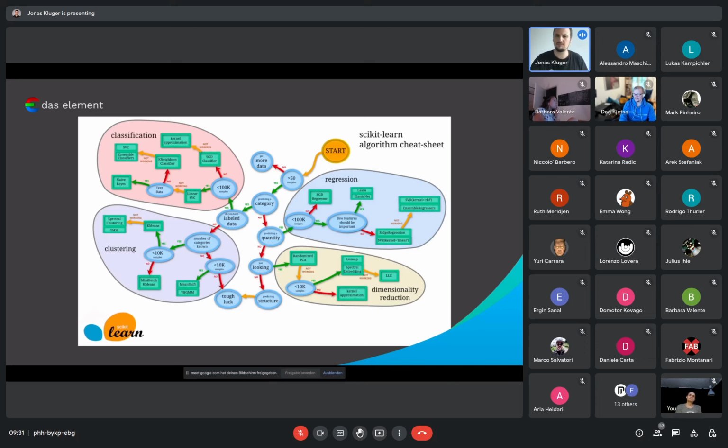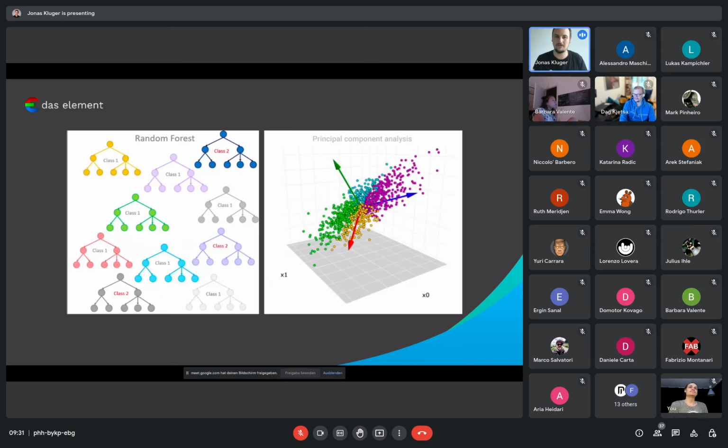I don't know how many of you have heard of other machine learning algorithms like random forest, decision trees, principal component analysis. All of these algorithms have been around for years already and are good at solving certain problems. So don't always jump into deep learning right away, because maybe there's a much faster, simpler solution.